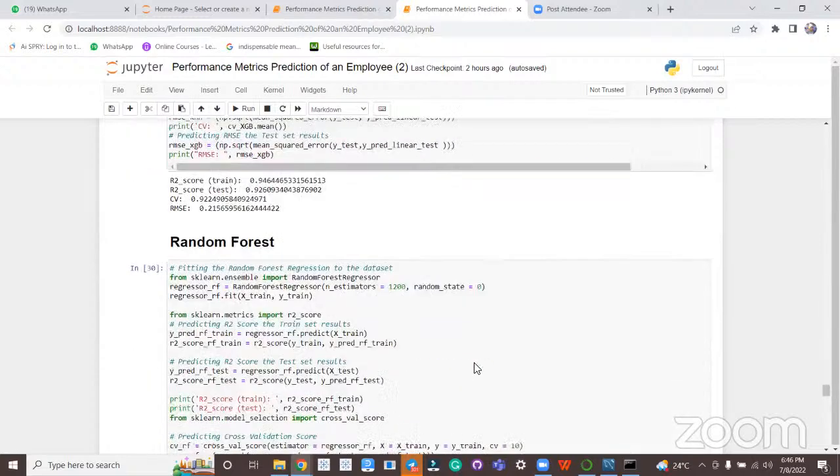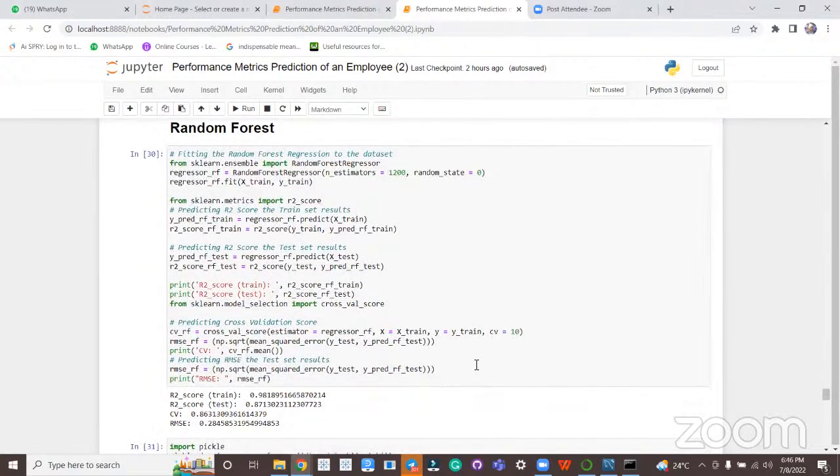Moving on, random forest regressor, 98% and 87% accuracy is something that you can see. And we use 1200 estimators, 1200 trees for your random forest model here. This is a very simple vanilla model that gave us good results. But the model did not improve much when we did various hyperparameter tuning solutions that we were applying. So we use the vanilla model as is.